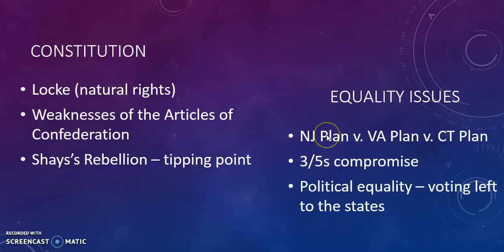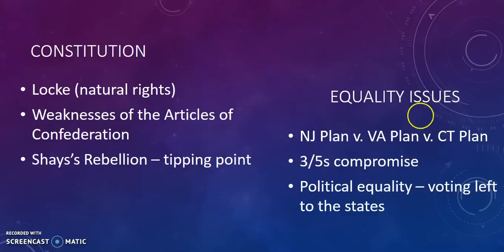And we have the New Jersey plan, which favored smaller states compared to the Virginia plan. And basically, we're going to take the best aspects, if you will, of both of these and create them into this Connecticut plan, otherwise known as the Great Compromise. That's where we're going to have a bicameral legislature, meaning 2 chambers of Congress. The House is going to be elected, and it's going to be proportional by the amount of people in your state. And then the Senate, where every state will always get just 2 senators.